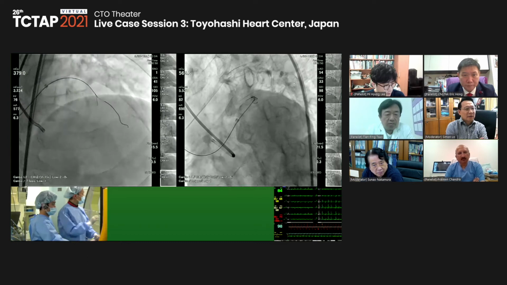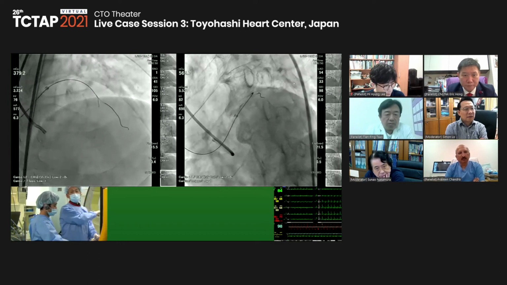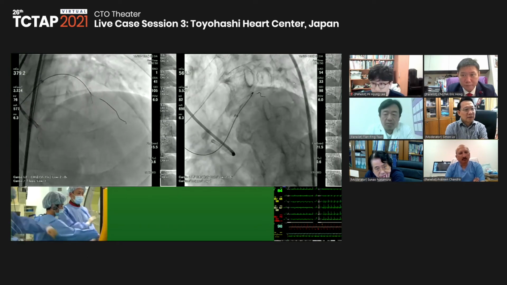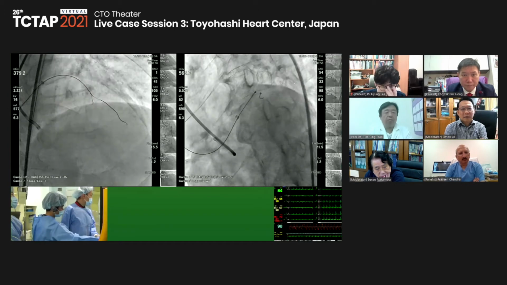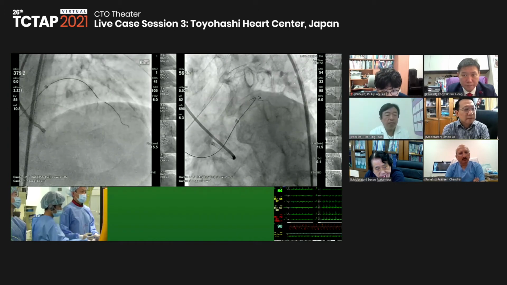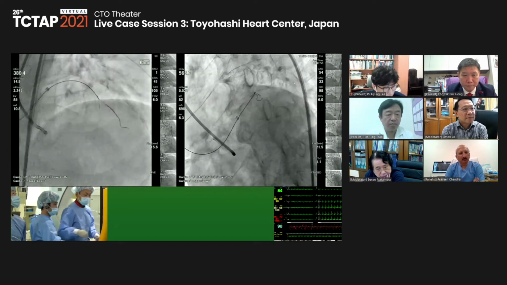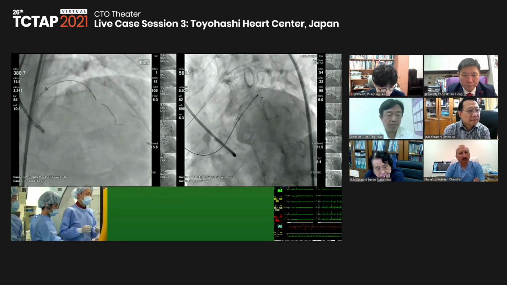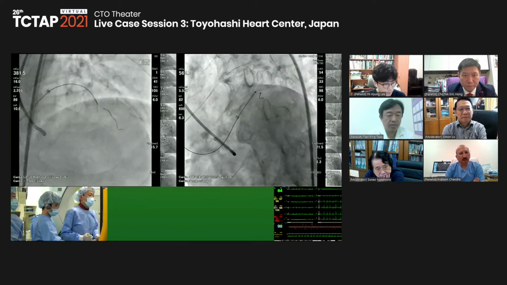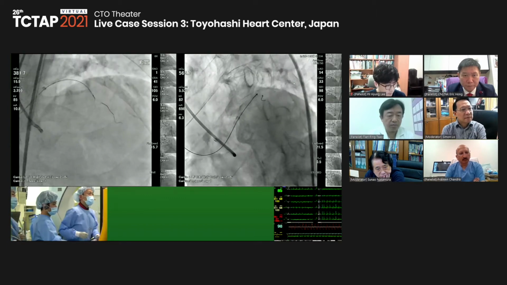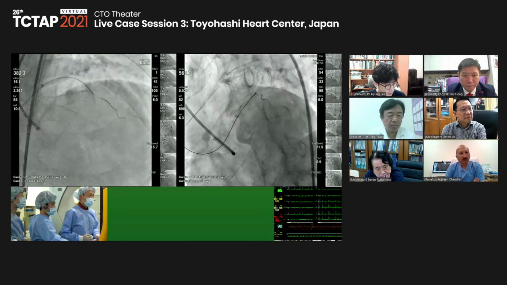Actually, in the CT findings, the CTO itself is not so hard. And also the real occlusion length may be 5 or 6 millimeters, I guess.